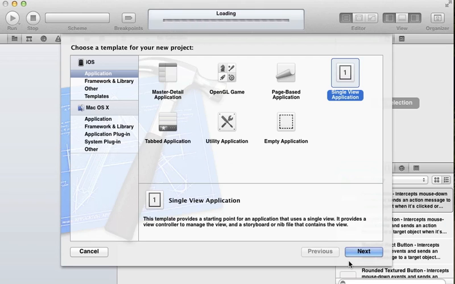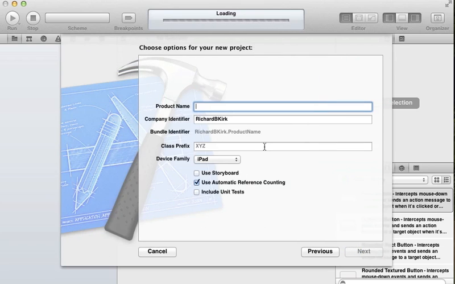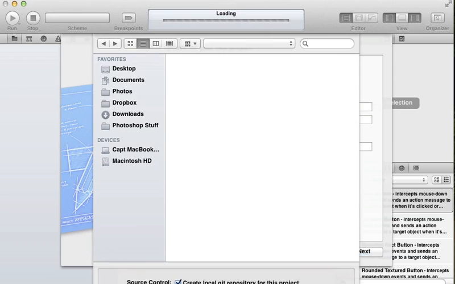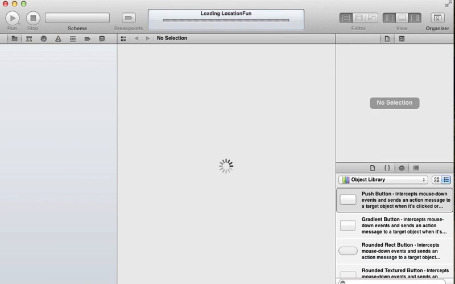So let's start off with a single view application. And I'm just going to call it Location Fun for now, and we're going to make it for the iPad because I just like to use larger maps. It looks prettier, things like that. And we're going to use automatic reference counting because it's nice. And let's move on. Create the new project,